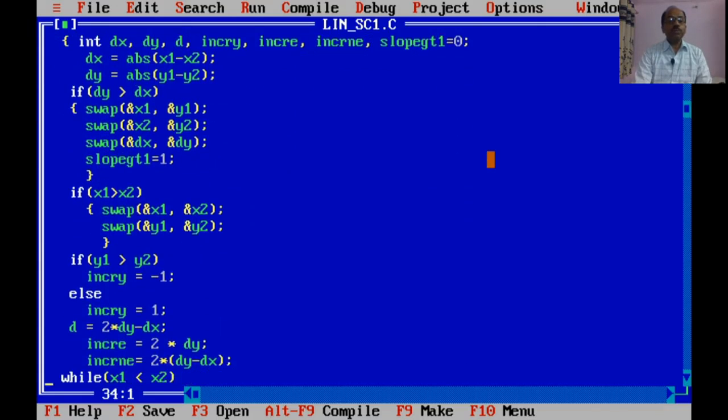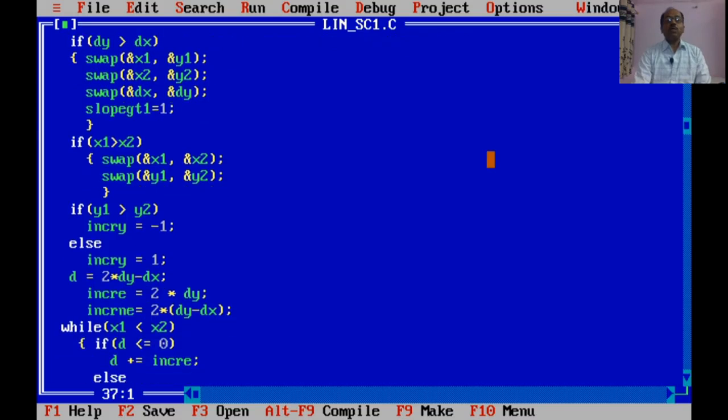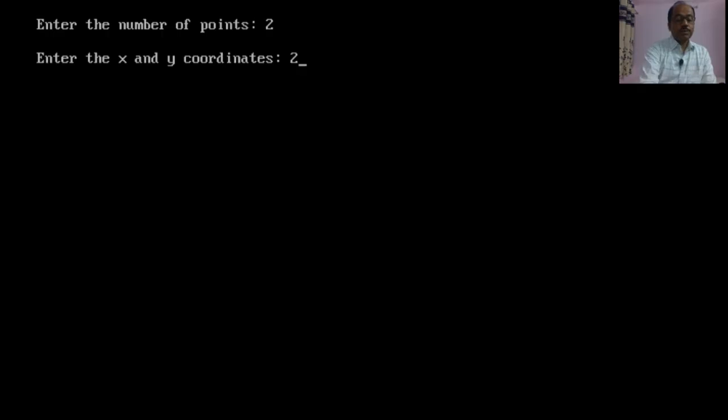With this program, we will see how a line is drawn in graphics. Let us execute the program, Ctrl F9, and now it is asking how many points. For a line we enter 2 points, and now it is asking for the starting point and end point coordinates. Let us give it 200, 100,